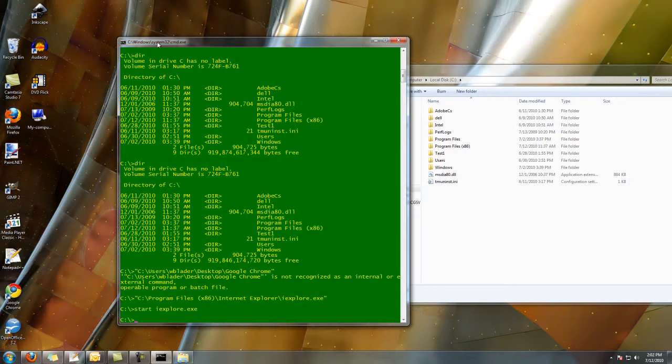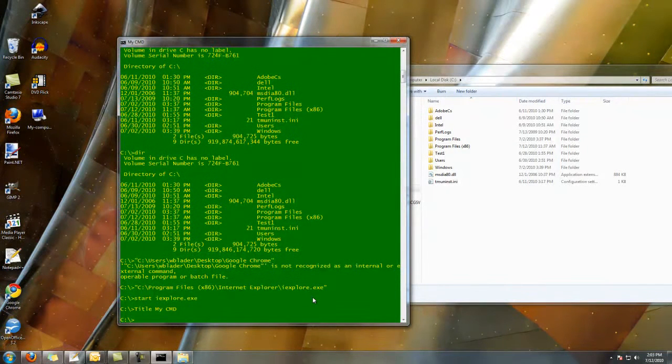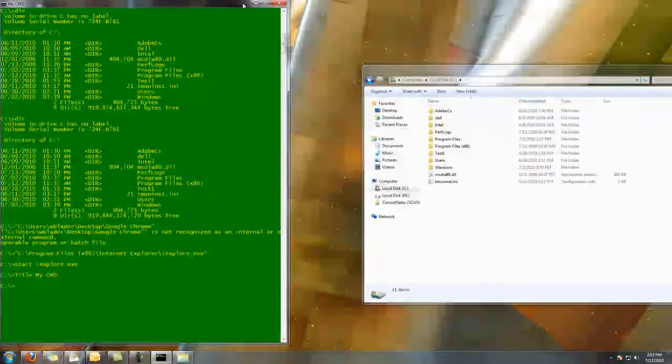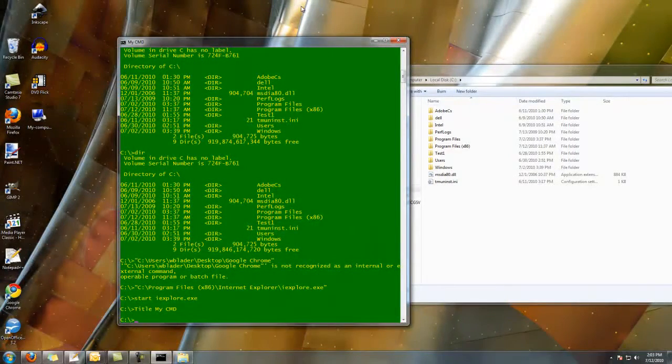If you're sick of the old title bar up here, you can use title. You can change the title on it. You can run it. It tries to run full screen, but